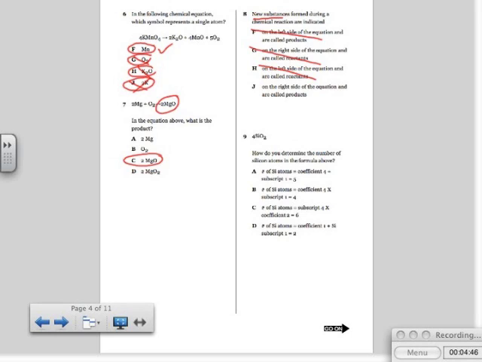Letter J says on the right side of the equation, and are called products. That is the correct answer for number 8. Number 9,